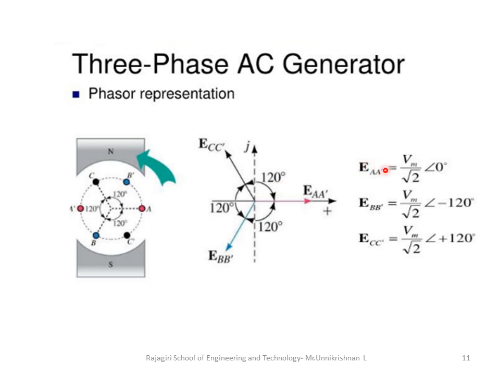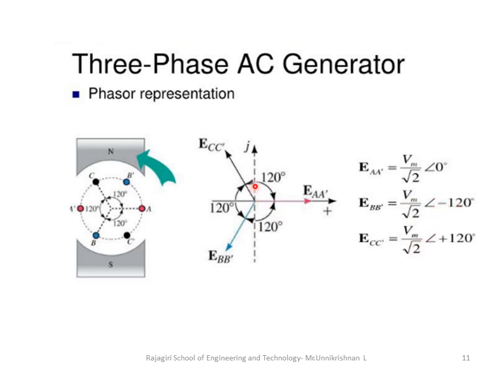Now how can you write the equation? Vm, which is the maximum value, divided by root 2, which gives the RMS value, angle 0, for A. So this is the reference. Always remember that where we have marked angle 0 degree, this will be taken as the reference. Now the next one, this B, how much is it lagging? It is lagging by 120 degree behind. So Vm by root 2 angle minus 120.